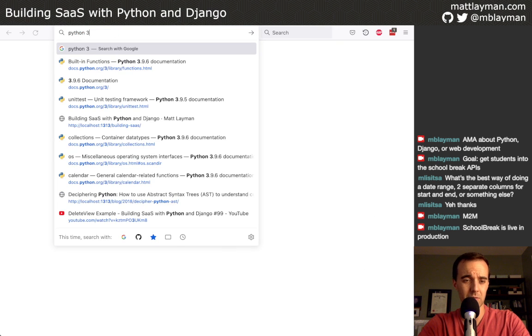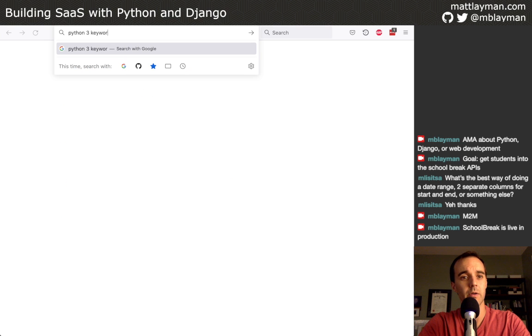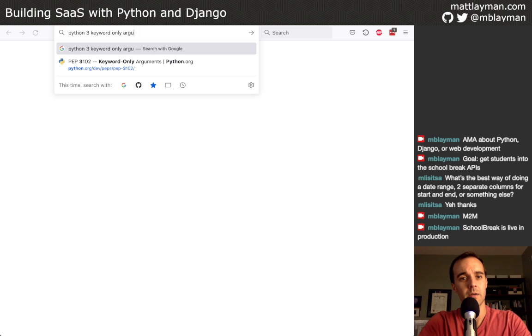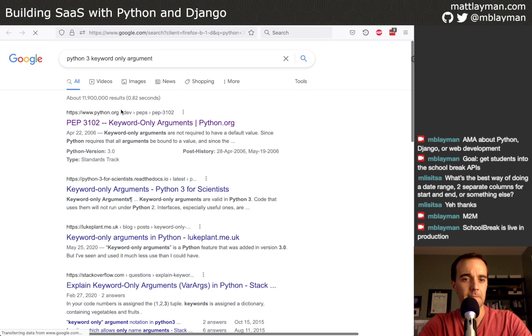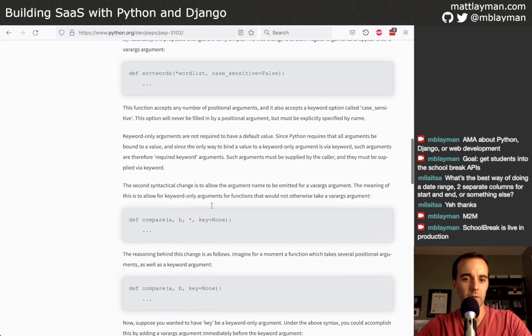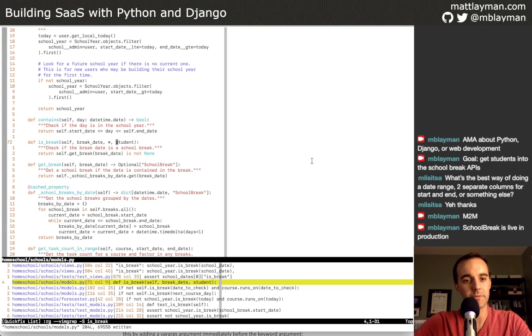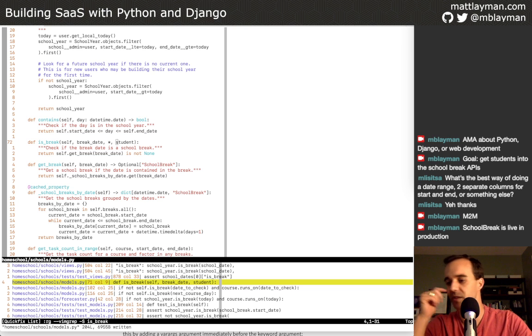Maybe you've never seen the syntax before, and I think I got that right. Python 3 keyword only arguments. I don't know if the PEP had it really quickly available. Yeah, okay. So a keyword only argument is a cool feature that came in Python 3, and it allows your method to, like, if we've got, I was about to type this in the chat. It's probably not the best place for it. Let's do it from the code.